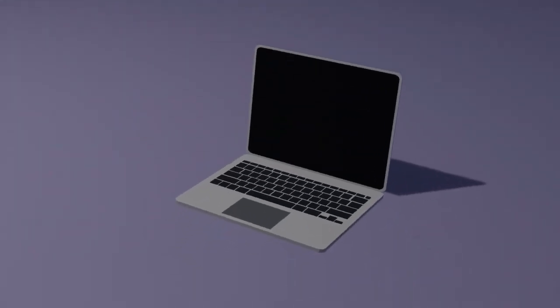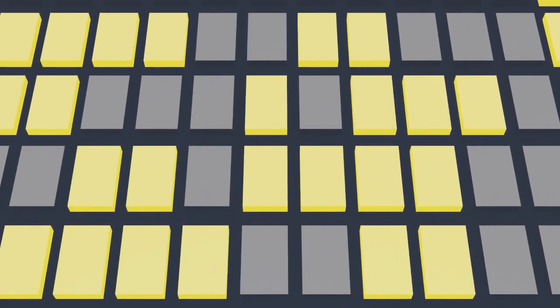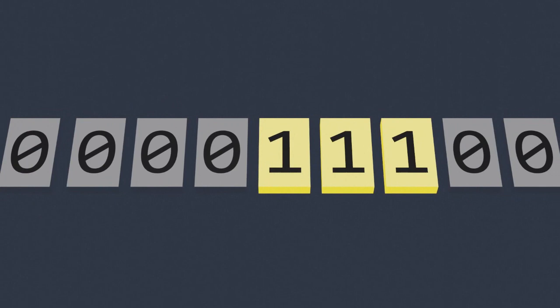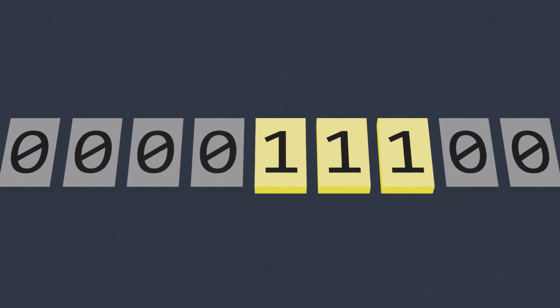Inside your computer are billions of units called transistors. These transistors serve a variety of purposes, but they commonly act as a sort of very small light switch. Each switch can be turned on or turned off. Computer scientists will often represent a switch that's turned on with the number 1, and a switch that's turned off with the number 0. These zeros and ones form a number system called binary, and it's the fundamental language of